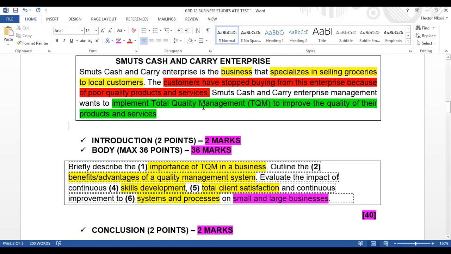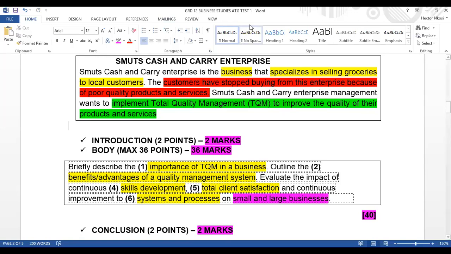Now, grade 12s, I know the majority of you just skip the case study and go straight to the statement of what the examiner is asking. I know the majority of you go to read the statement or the question the examiner is asking you. You must start here. So this is number one. You always have to start here and read this with understanding, know what it wants, and make sure that you understand it fully. You don't miss anything.